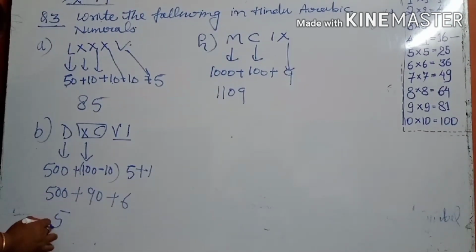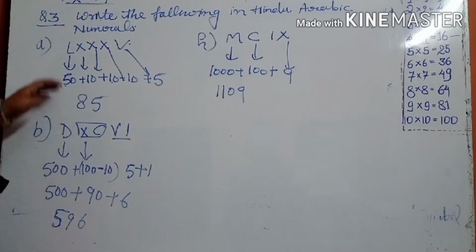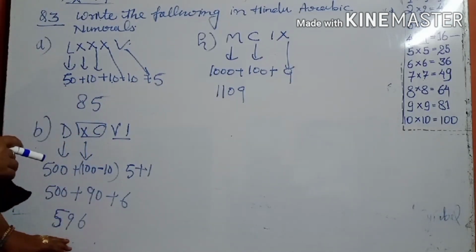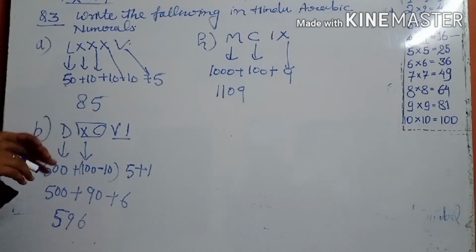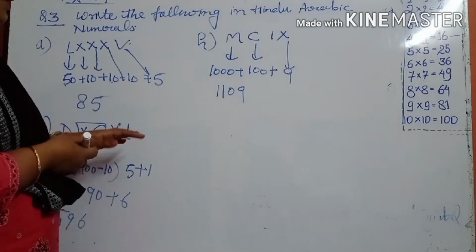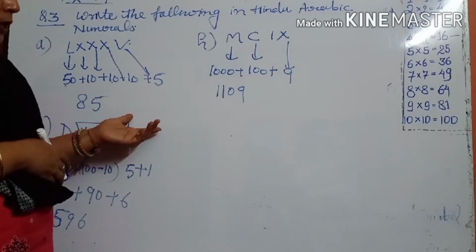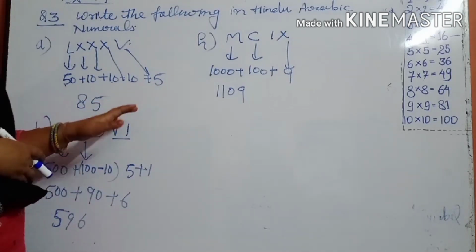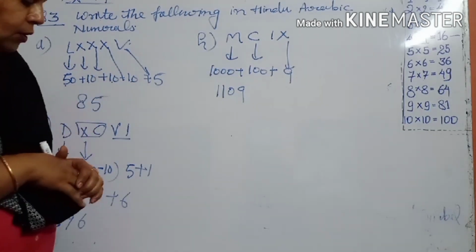It will be 596. So maybe everybody of you has understood now, because it is not a new chapter. You have already learned this chapter in your previous class also, and it is like a revision chapter, and maybe all the things will now be recalled to you, or you can solve the problems with the help of whatever rules I taught you and how I am solving now. Everybody has seen how I am solving. So just follow the rules and solve the remaining parts of this question.